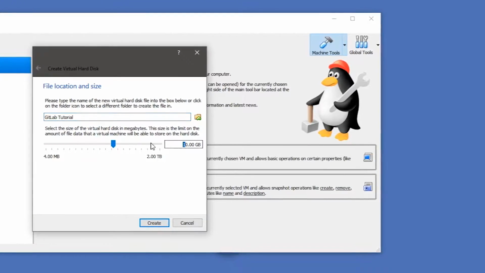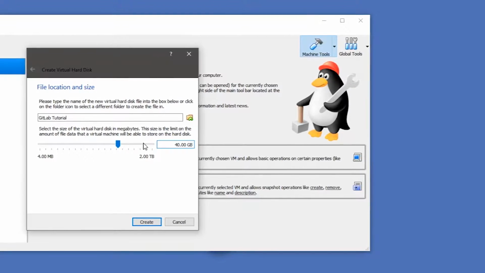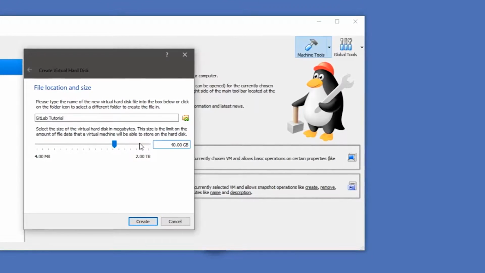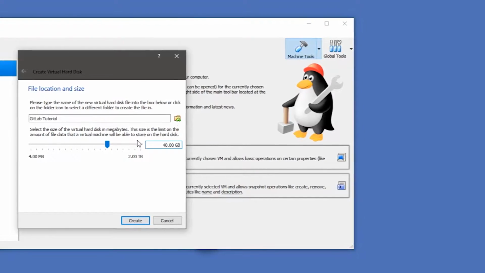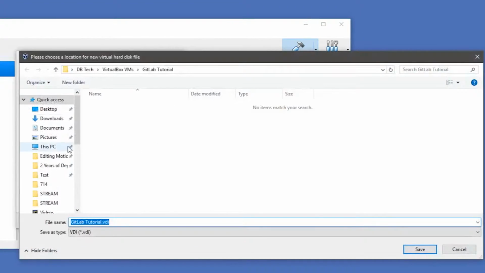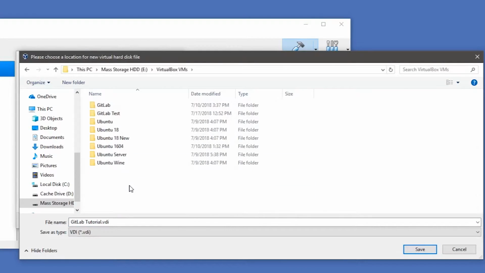We're going to go ahead and say, I'm going to give it 40 gigs. You probably don't need to give it that much, but when you're dealing with things like repositories, file size is going to add up in a real hurry. So what I want to do here is actually switch this over to one of my larger hard drives. You can see I've been playing a lot with Gitlab here and Ubuntu and Wine and that kind of thing. But we're going to call this Gitlab